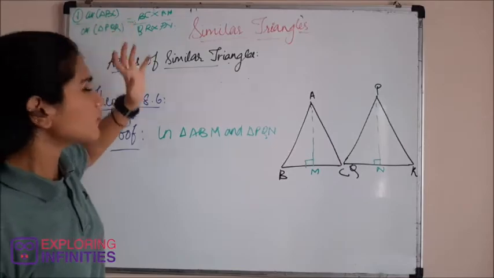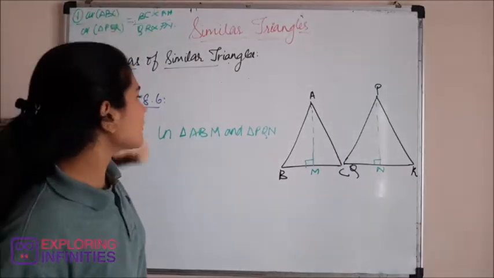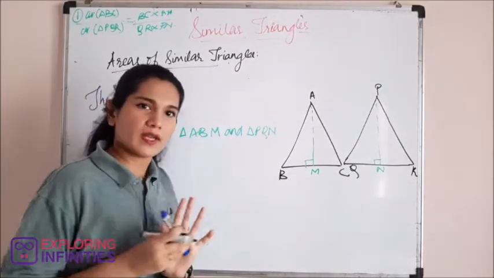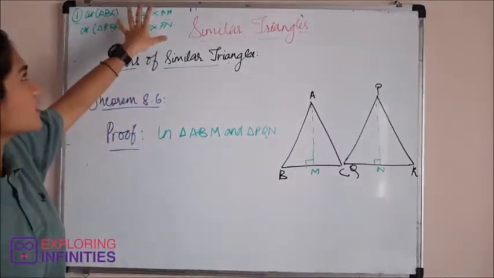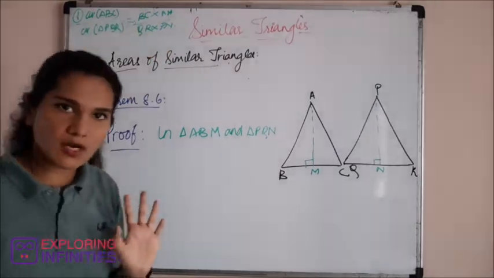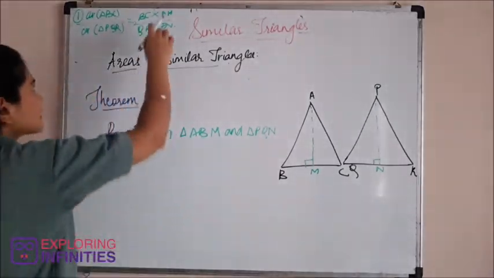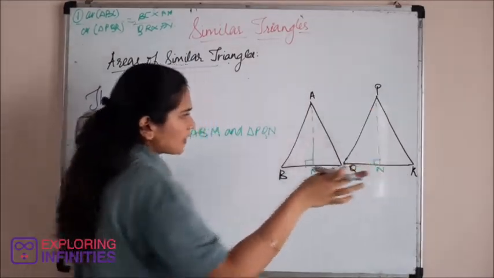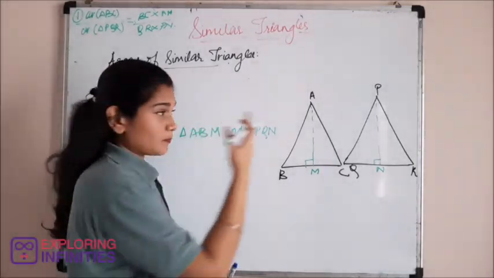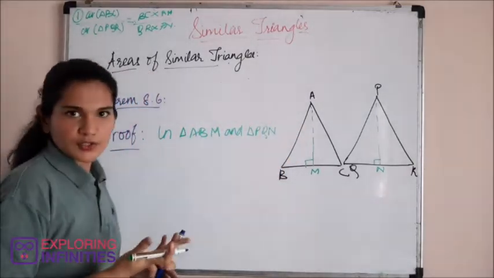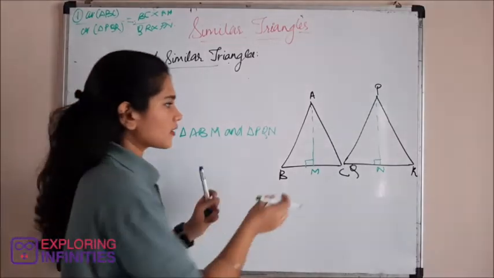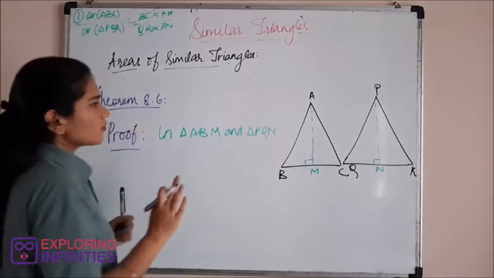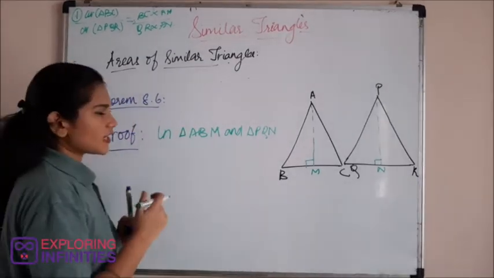So if we can prove somehow that AM divided by PN could also be converted to BC divided by QR, if we prove it in that way, then we can conclude that that would turn out to be BC square divided by QR square, right? So if we take this bit AM and PN, we have to include these two triangles ABM and PQN. Now if we prove these two triangles to be similar to each other, then we can directly prove that the corresponding sides would be what? Proportional or in the equal ratio. So here let us get started with proving these two triangles similar.